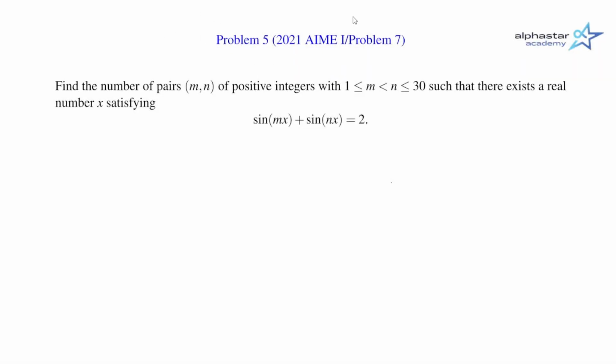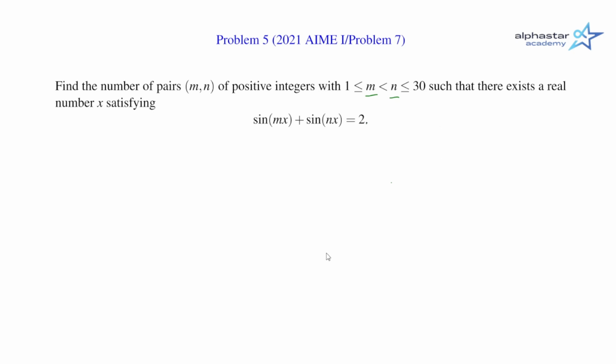Problem 5 comes from the 2021 AIME I, and it is problem 7. It is a counting problem. Find the number of pairs m, n of positive integers with m and n between 1 and 30 with m less than n, such that there exists a real number x satisfying sine of mx plus sine of nx equals